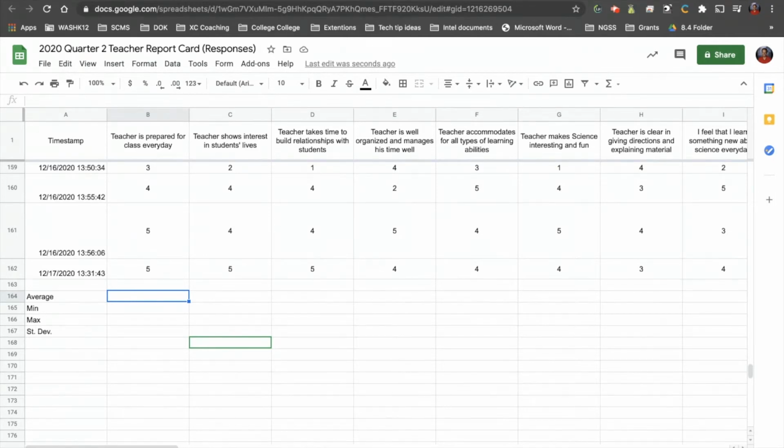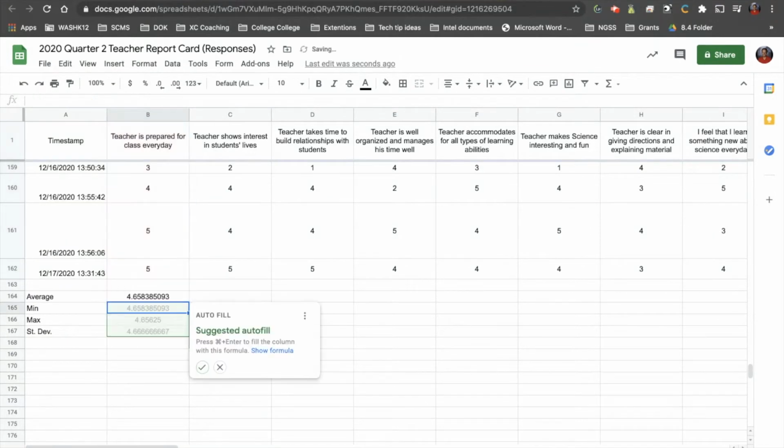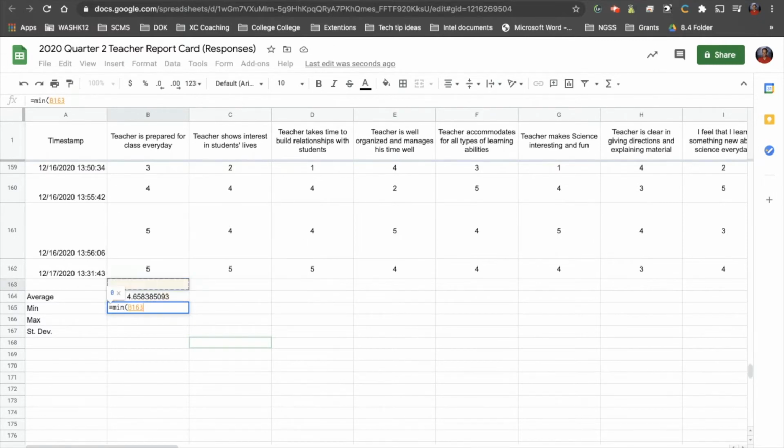In a different video. So I'm going to come over here to average. I'll walk you through it just a little bit. I'm going to click equals, type in average. And then I'm going to click here and I'm going to push, I'm on a Mac right now, so I'm going to push Command Shift and then up, and that's going to select all of those values. And here I'm looking for minimum.